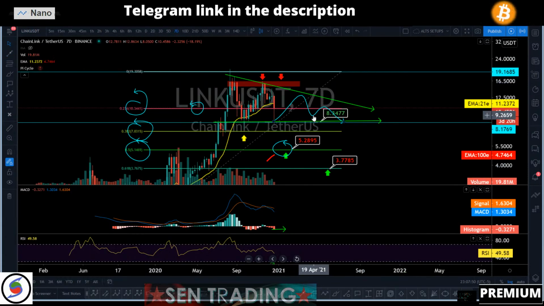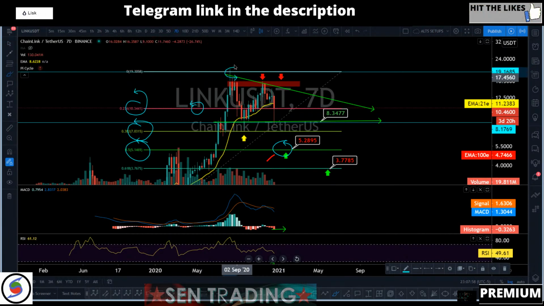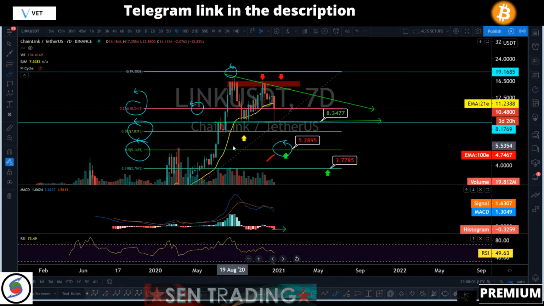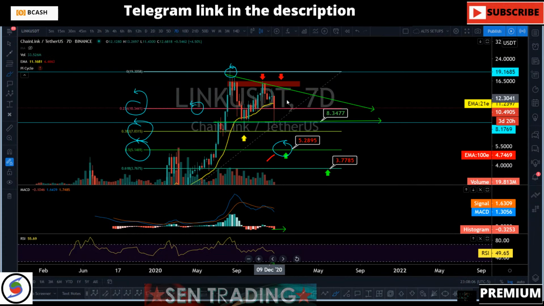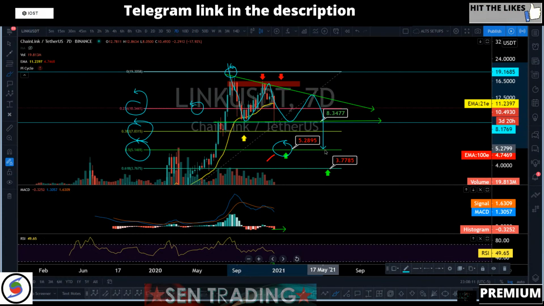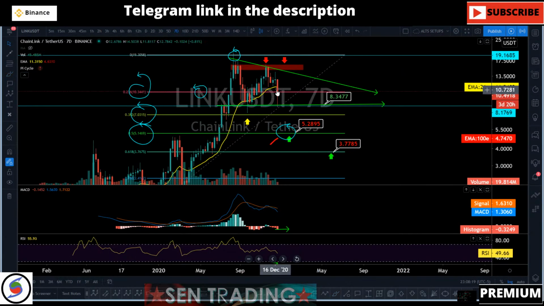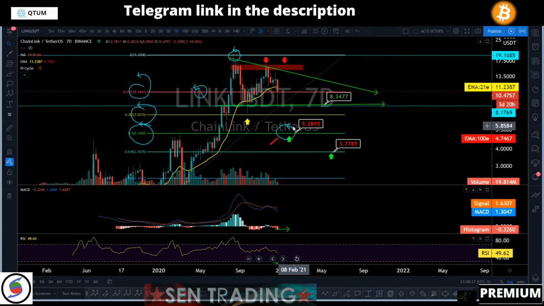So that's why I'm saying that's a macro view, because you just don't know how linear the drop is going to be. Sometimes you might be expecting Link to drop from $20 to a 50% pullback, $5. Yes, you're going to be right, but your timing could be delayed. Link could get into a descending triangle and then give you the move down. So if you're a short-term trader, Link dropping down to $10 or $5 might not be something you're looking for.